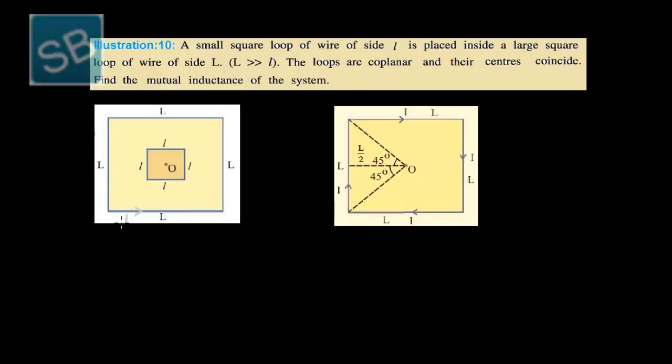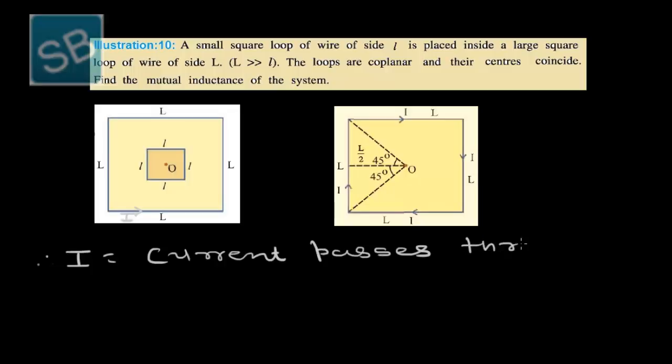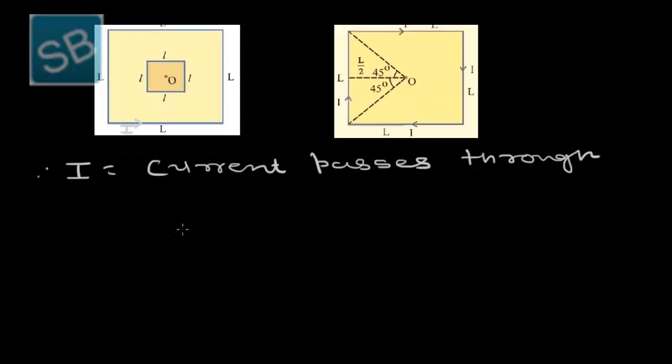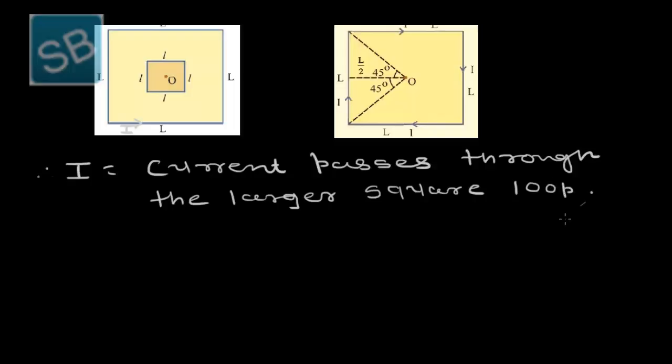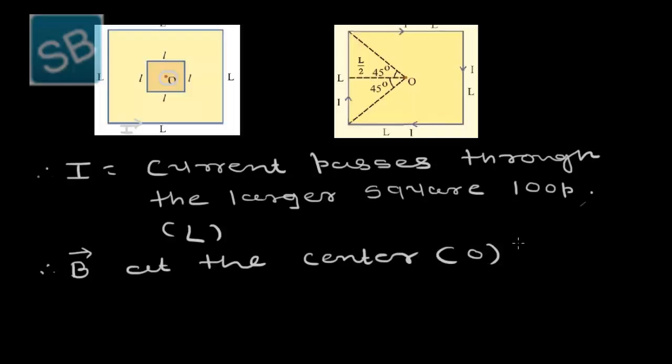So here the current passing through is capital I. Also, the magnetic field at the center, which is the origin O of the loop,